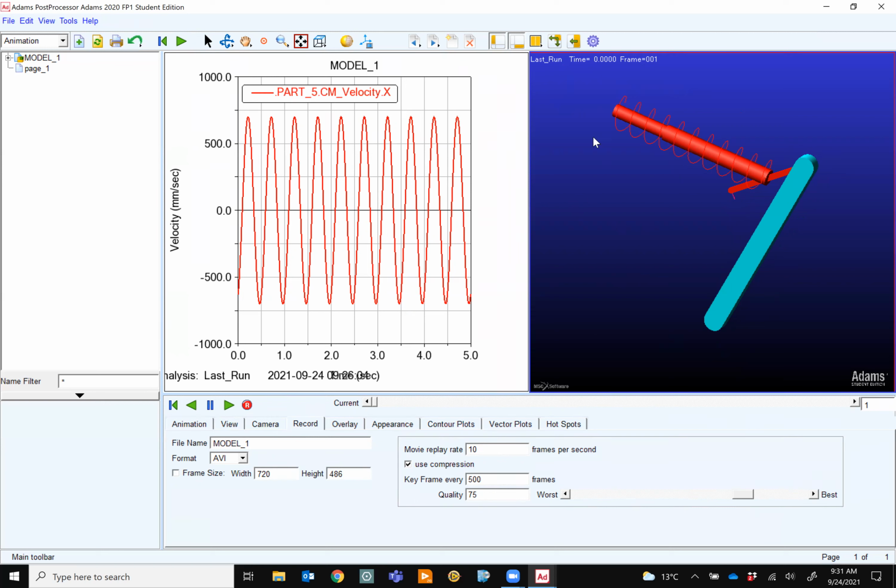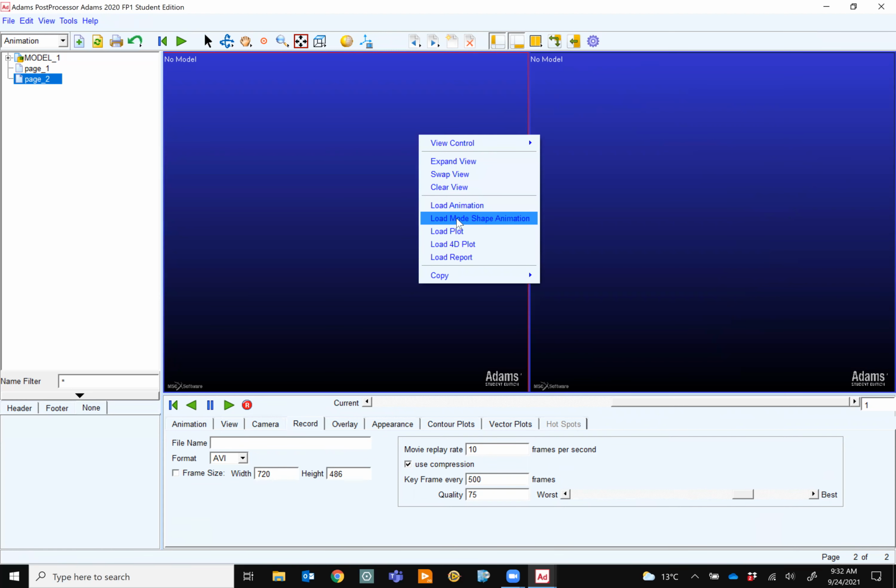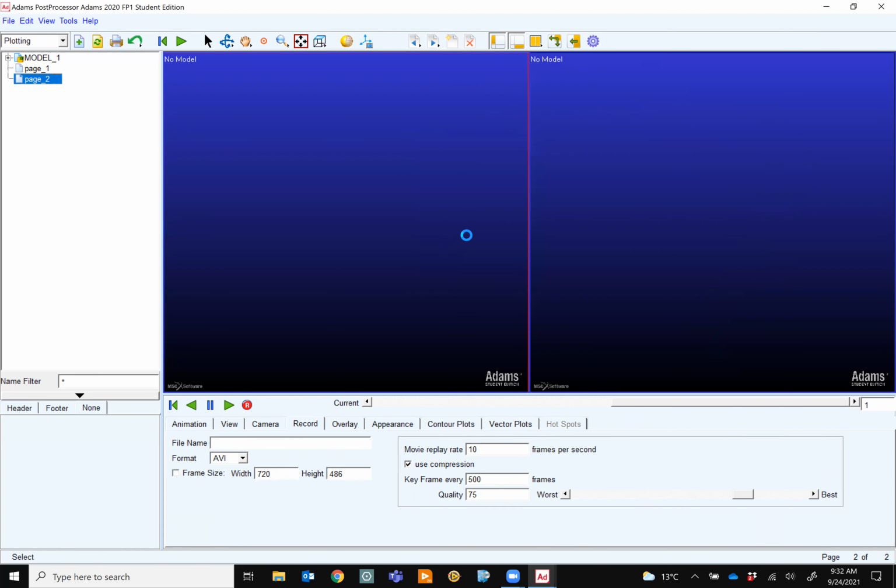But let me show you quickly more results. You are not limited just to this window. This now has been saved. You can create a new window, a new page. So that's the new page. This one, let's right click and say instead of animation, load plot.